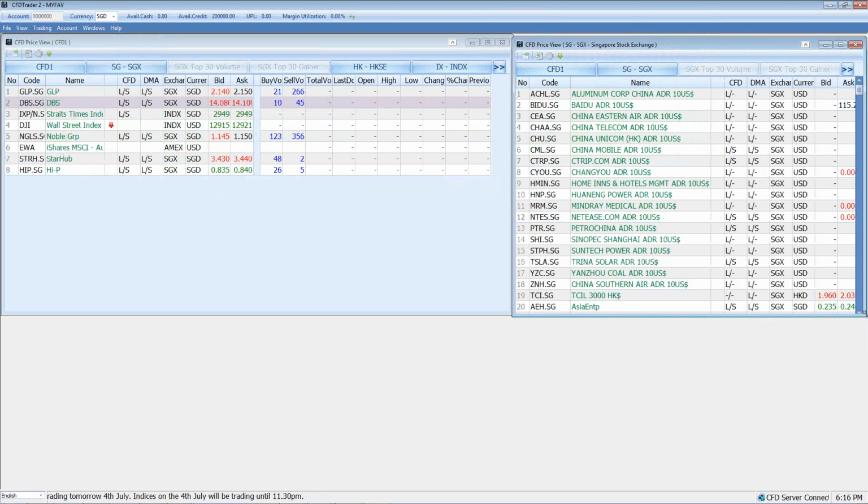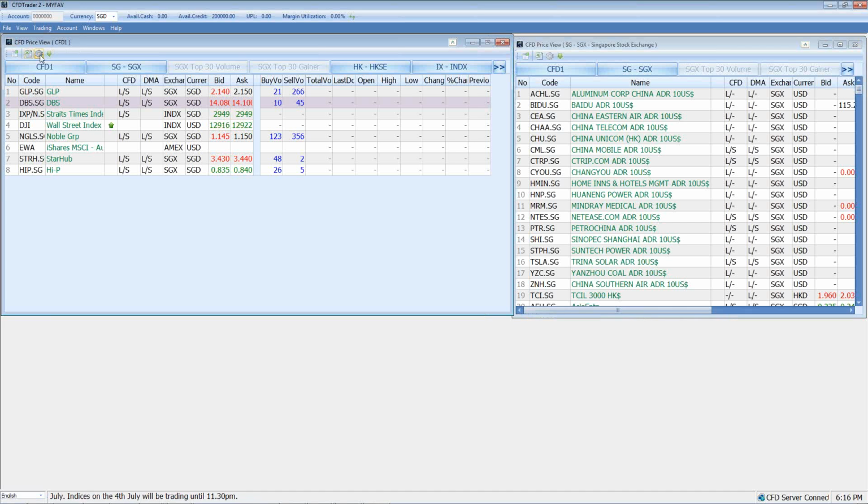Okay, so how do we set up our own watch list? There are two ways to do that. First is to go through the options panel. Earlier on, I showed you how to go through to the options panel, which is just a little button over here. Alternatively, you can go through our watch list editor. Under trading, you will see watch list editor. If you click on that,